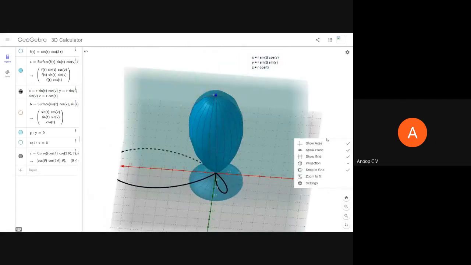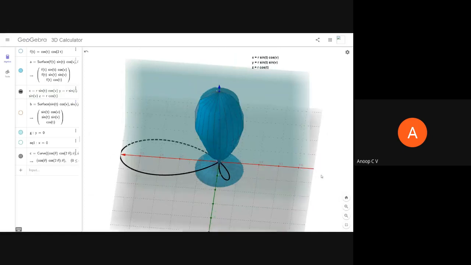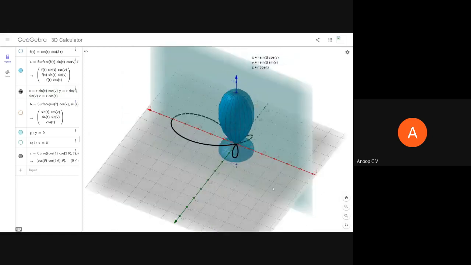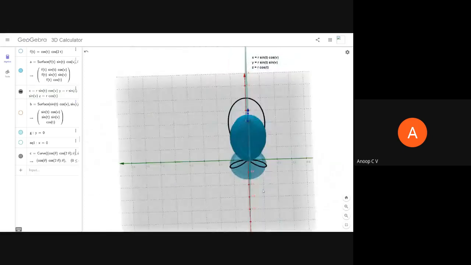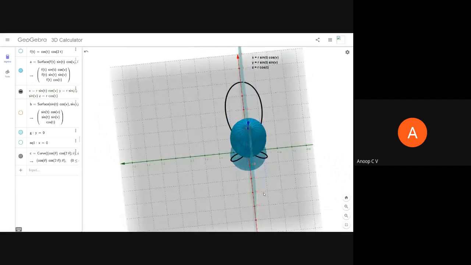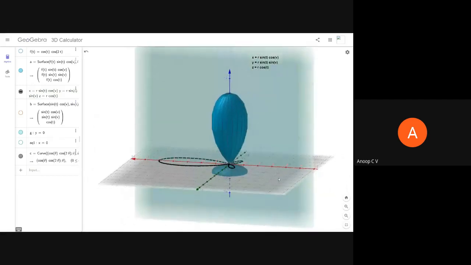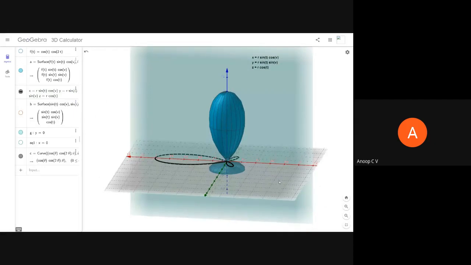Okay, I should further zoom it to fit. The cross section taken along the YZ plane will look something like this. But the actual pattern you see, please keep in mind, for you to see this clearly, I have plotted it in an orthogonal plane. The cross section will be in the same plane only. So that's what cos theta and cos 2 theta gives.